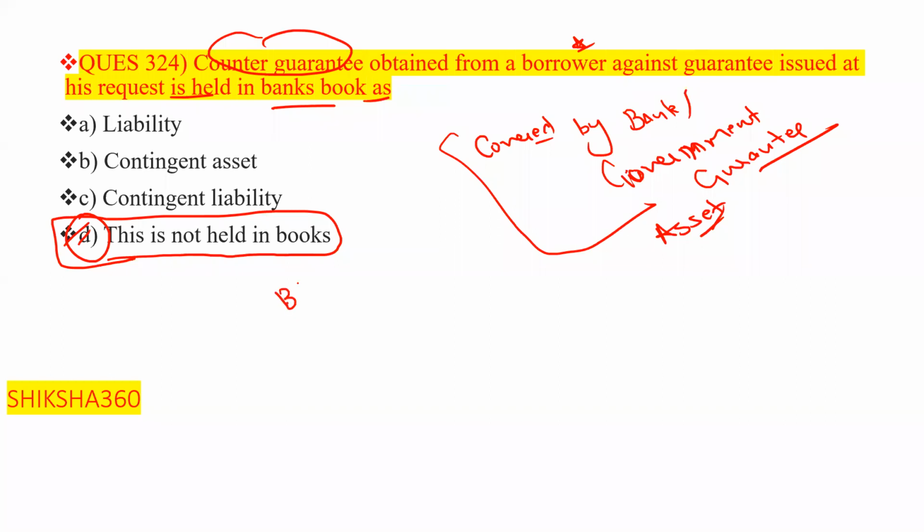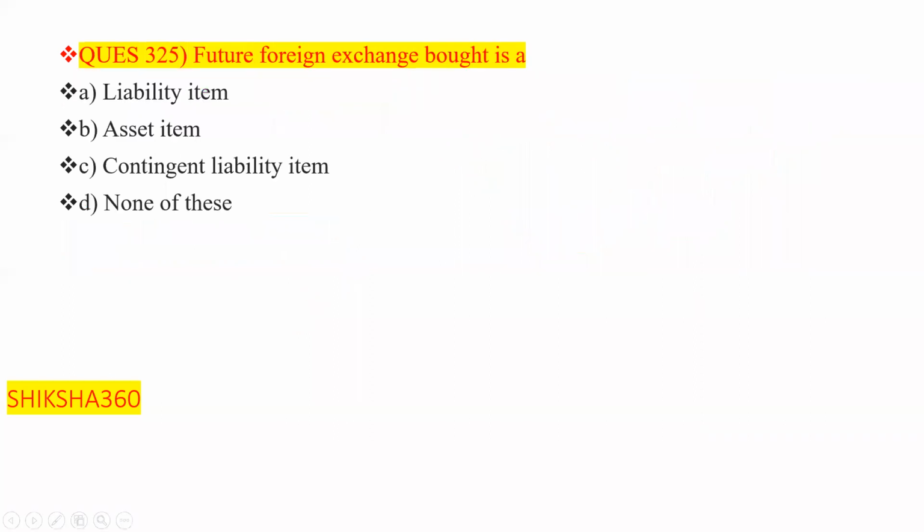Like bank guarantee issuing, BG issuing or LC issuing. In that case, basically we will take. Now move to the next question, question number 325. Future foreign exchange bought, it is a